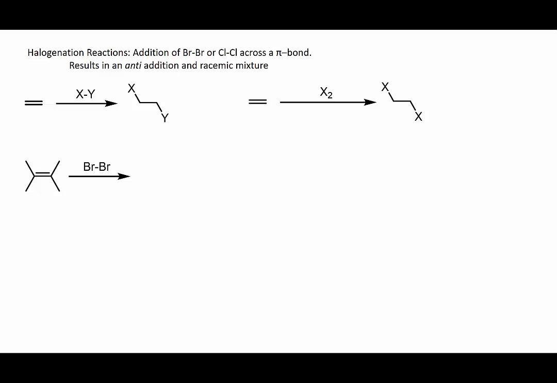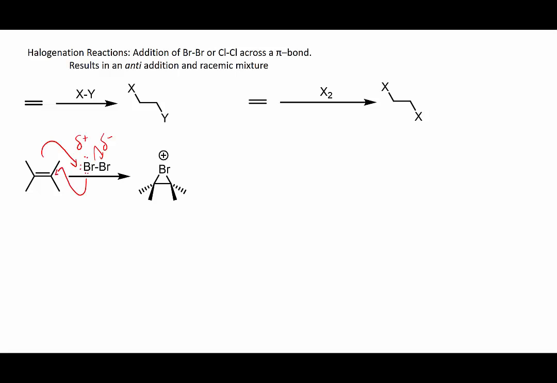So let's take this example and think about the mechanism. Because bromine and chlorine are polarizable, there are circumstances where the electron density will shift and one of the bromines will be slightly more positive and the other one will be slightly more negative. When this occurs, the nucleophilic pi bond can attack the more positive end and kick off the other bromine. When this occurs, we're going to be generating a carbocation. But because bromine does have a lot of electron density, what it can do at the same time is it